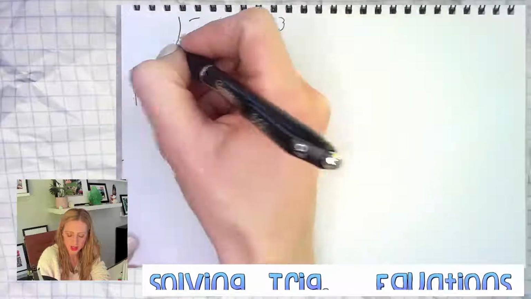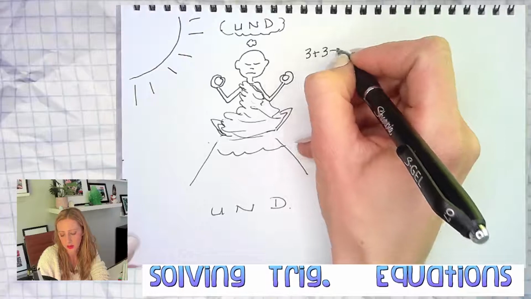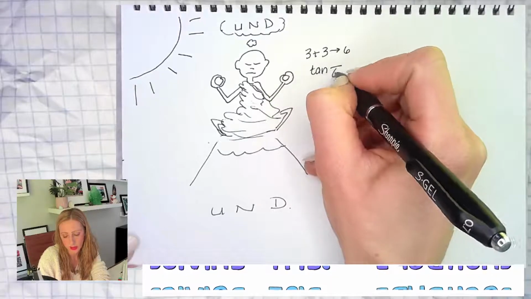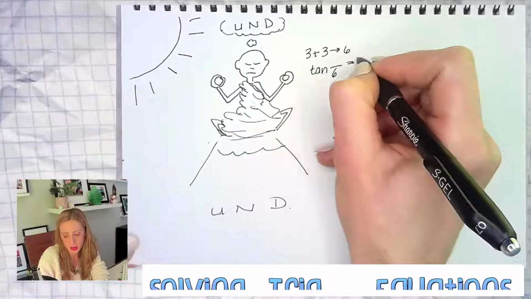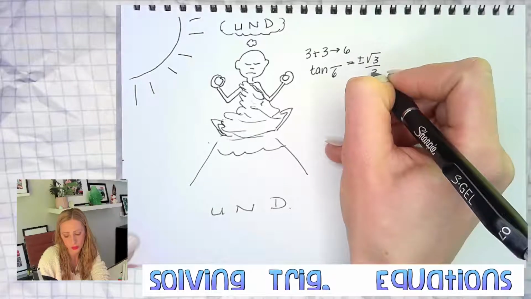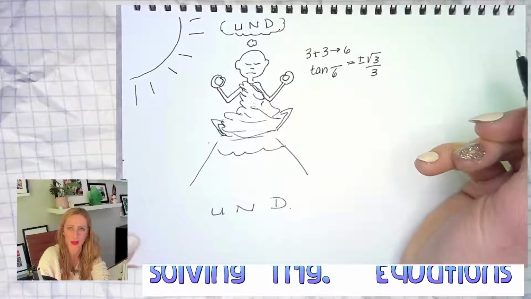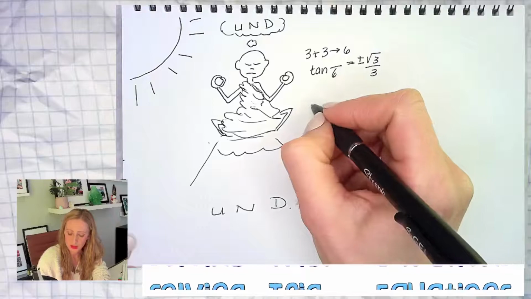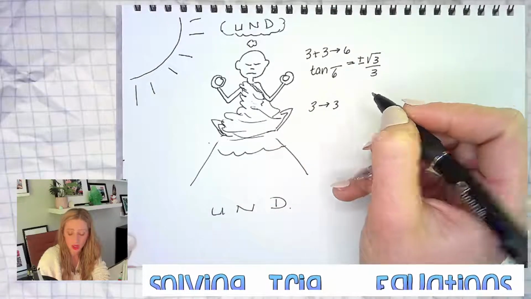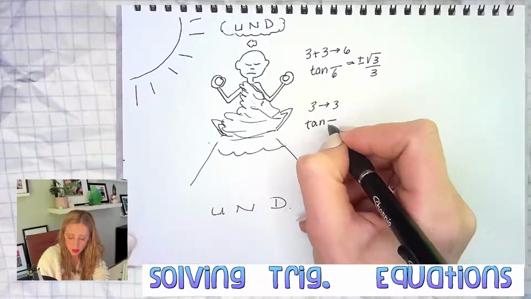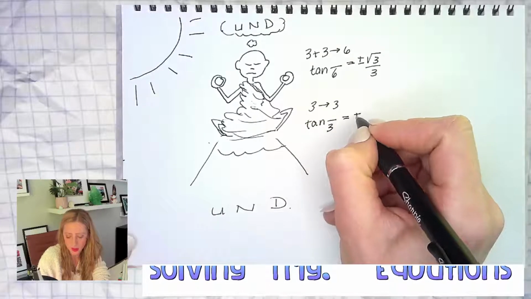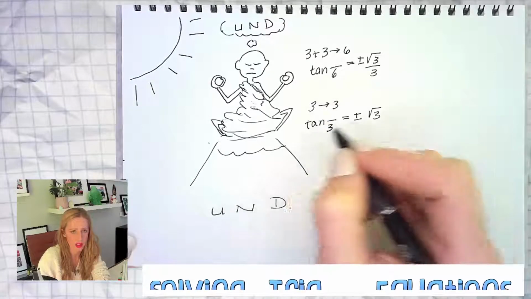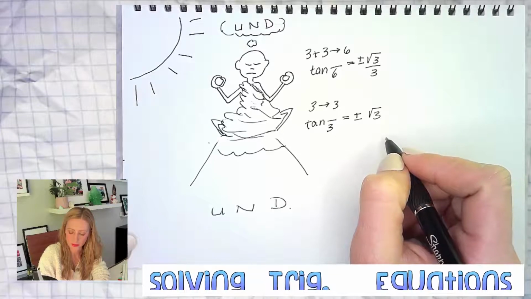So what are some other thoughts he has? He thinks to himself, well, 3 and 3 make 6. And he uses that to remember that the tan of angles over 6 are going to be equal to either positive or negative root 3 over 3 because he's so wise. He's just a wise guru of a guy, you know? So that's some logic he uses. Then he thinks about how 3 just goes with 3. So tan of any angle over 3 on the unit circle, it's going to be either positive or negative root 3. Okay? So little shortcut so he doesn't have to do all this extra work. All right? And then